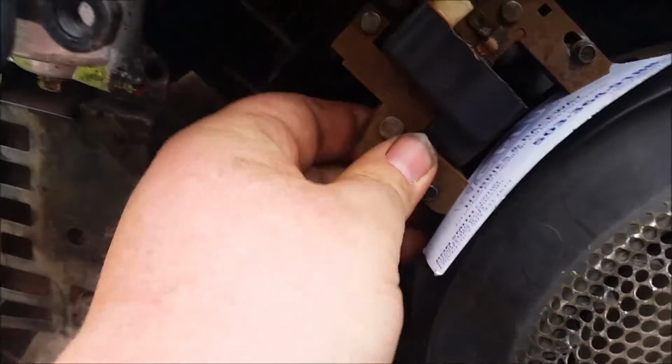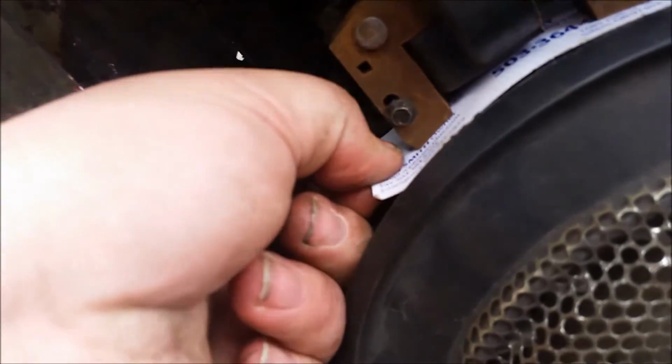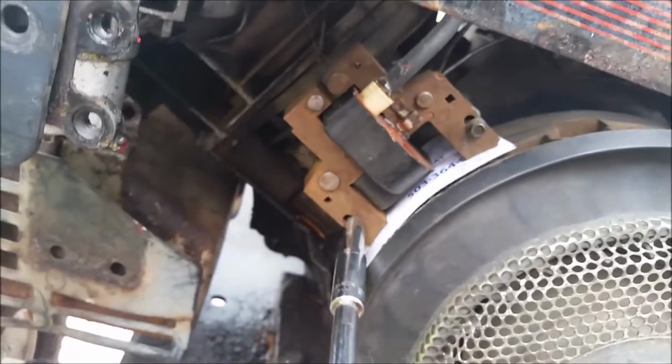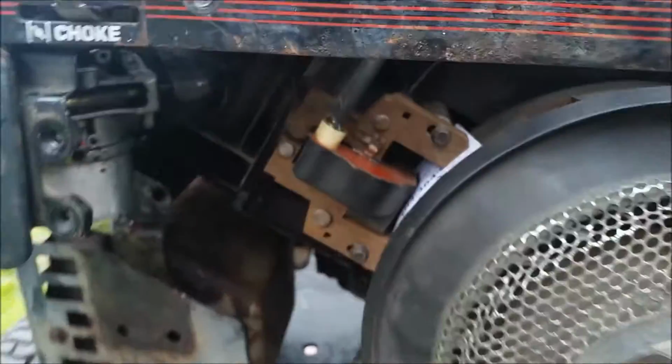So what we'll go ahead and do here is slide that business card in there and try to spin it and have it suck down on it. Oh, there we go. As you see, it snapped down on there because there's a magnet here, and you want to make sure that it's nice and tight. And then you just tighten the 2 bolts here back up, pull them real tight, and there you go. That's how you set your...